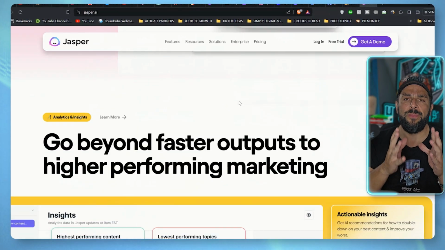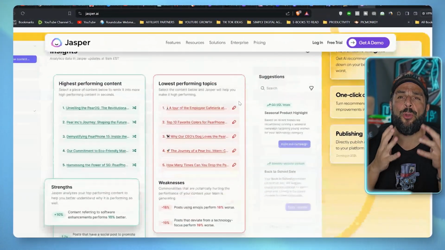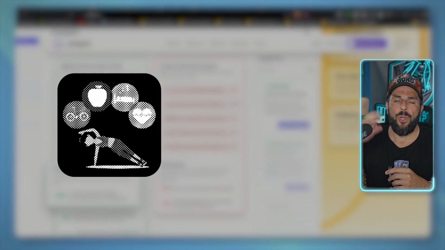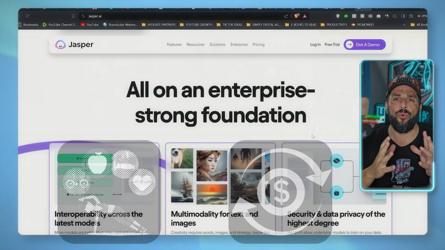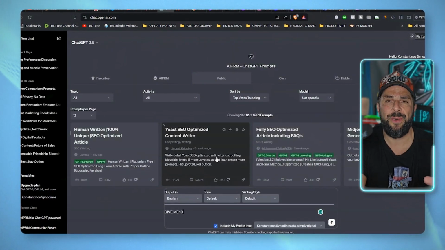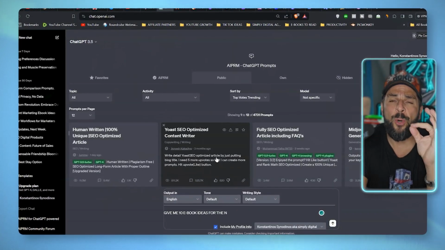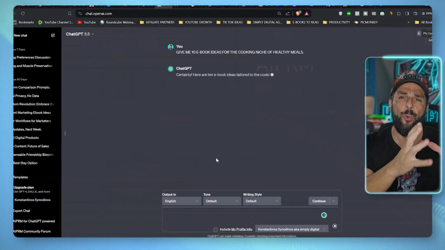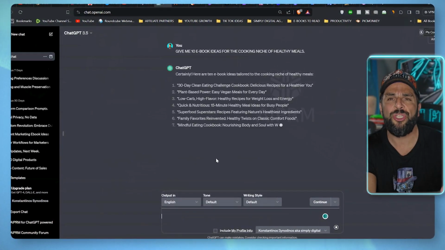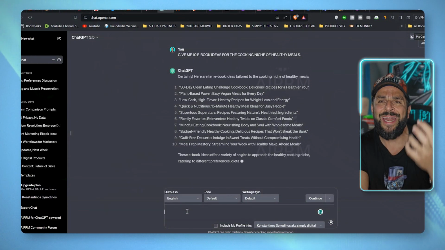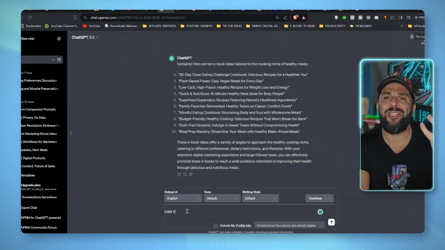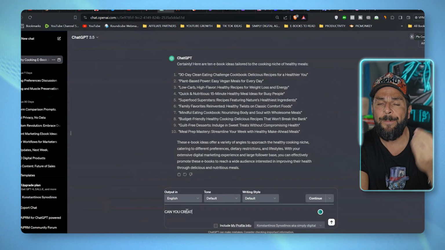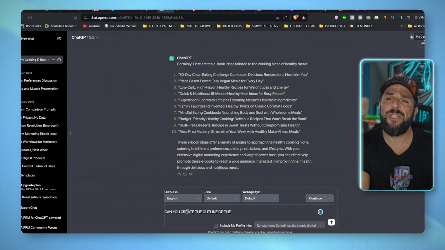All you gotta do is find things that people are looking for. So if you're in fitness or you are in finance, all you gotta do is go to ChatGPT or Jasper and ask for the 10 most popular pain points that people in this niche are facing. And when you get these pain points, just go to Jasper or even to ChatGPT and ask it to create an outline, the chapters, and the actual content based on those answers on these specific pain points.